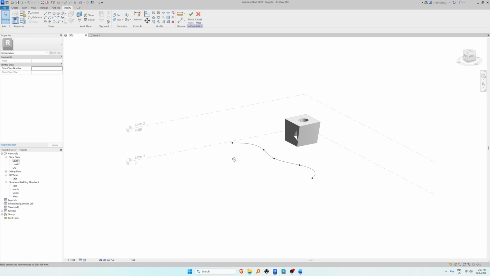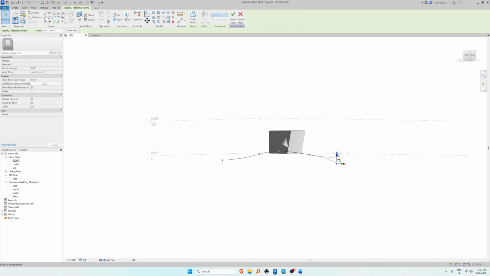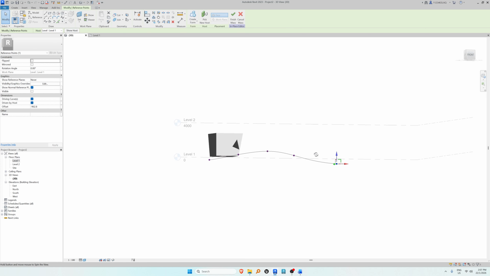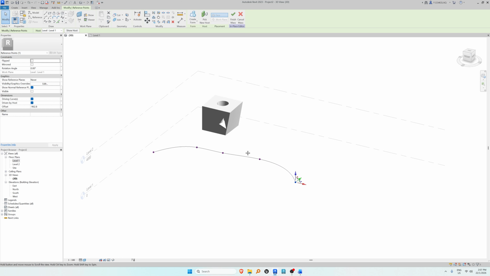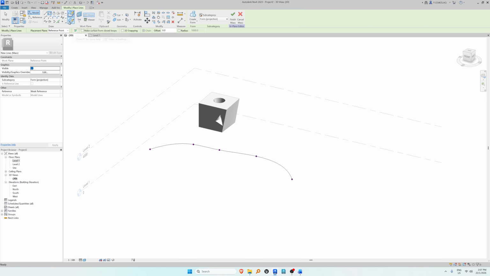We can move these points a bit around. So I'm going to select the first point. I can lower it a bit. Maybe the middle one I can make it a bit higher, and then the last one I can lower a bit more. So as you can see in 3D space, the curve is going up and down. Now let's draw around this curve. So pick maybe the rectangle, click on draw on work plane. Now we want to set the reference plane. So first pick draw on work plane, this one,